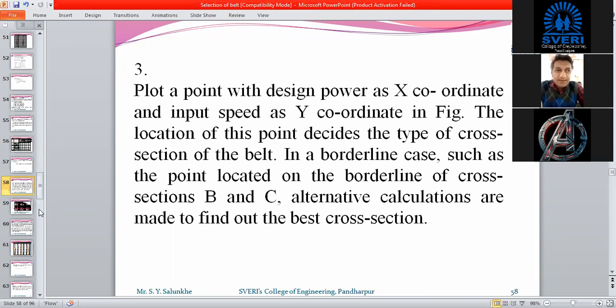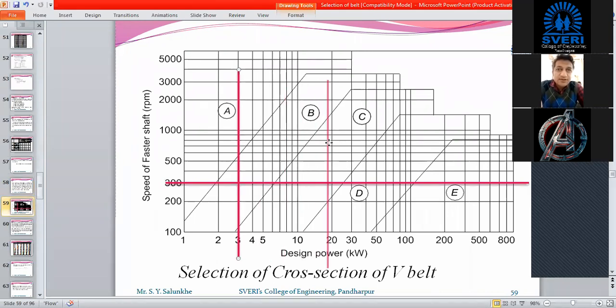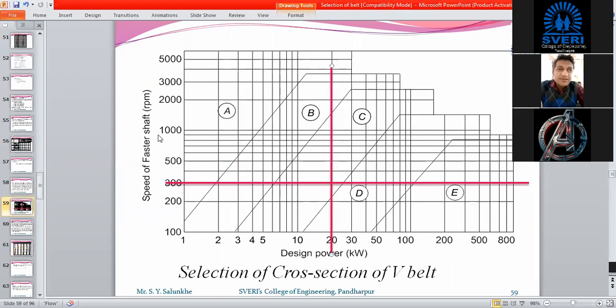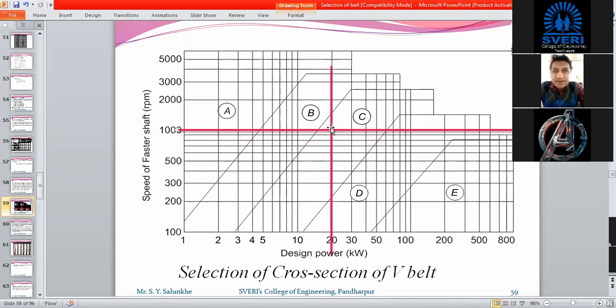Okay, so here you can see the graph on which you can plot power on the x-axis, kilowatt power. Suppose we want to transmit power equal to 20 kilowatt, and the speed of the faster pulley, that is nothing but the input pulley, is 1000 rpm, and it is coming under the category of C type of belt.